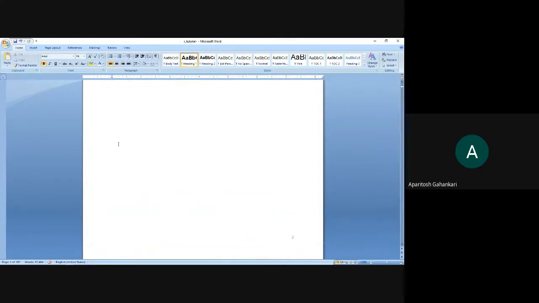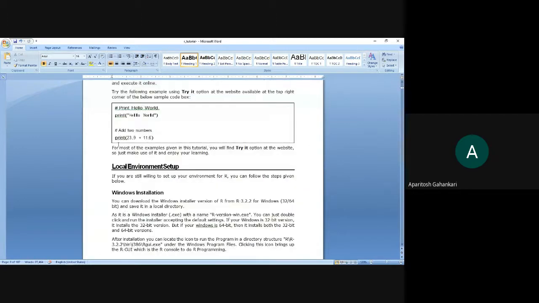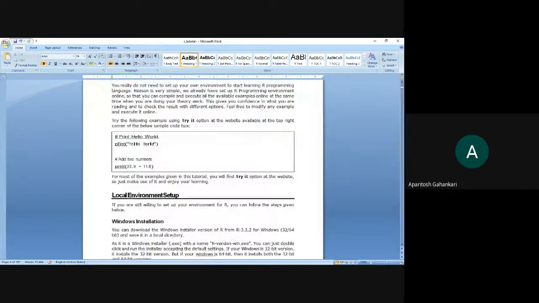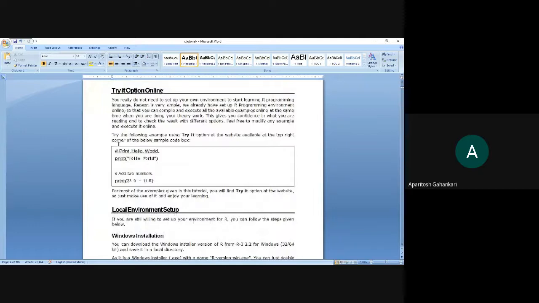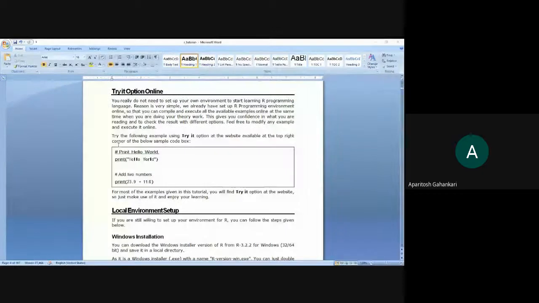Now, as far as your syllabus is concerned, again it has certain things to remember, that